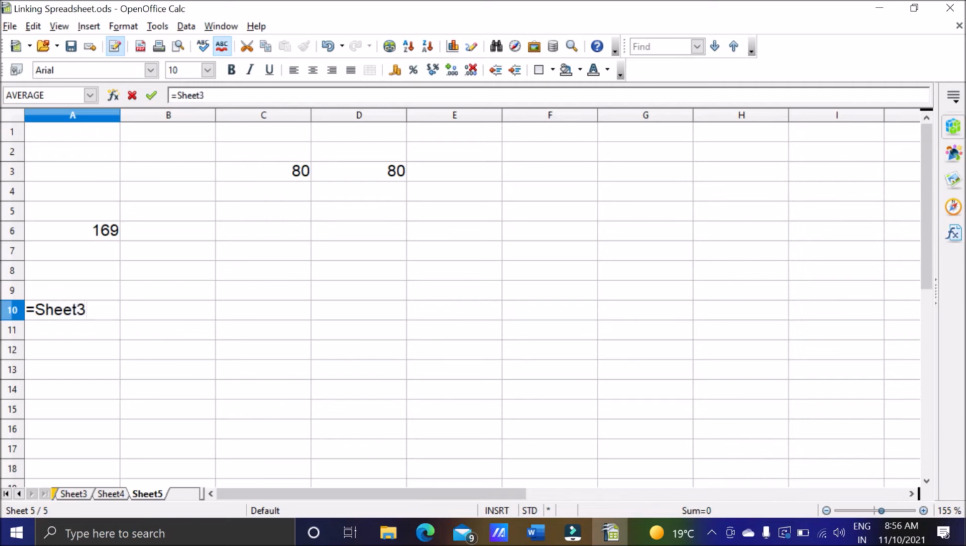Now if the name does not have any space, then you can go for direct writing. Otherwise, if there is any space, then we will use a single quote like this. If the name does not have any space, see Sheet3 has no space, then we can directly use it. In Sheet3 data is in A9. So I will write here Sheet3.A9